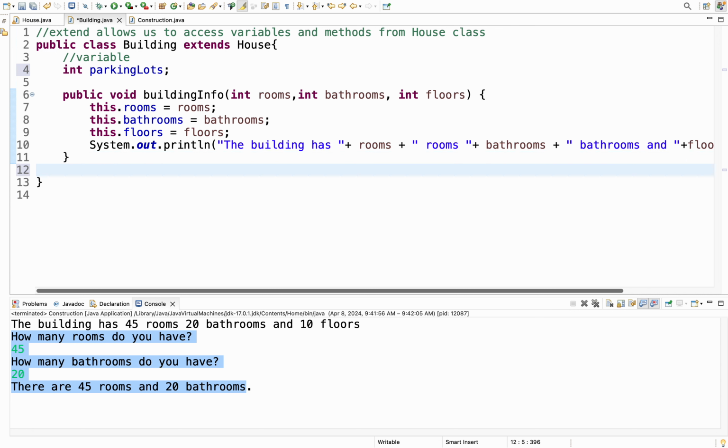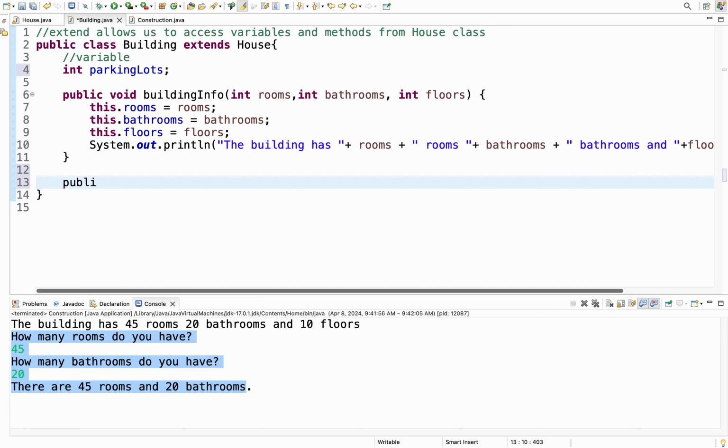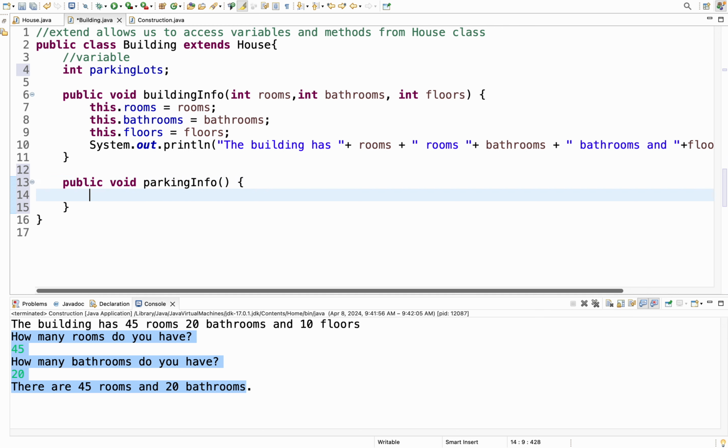We could say here, public void. I'm just going to do void because I don't want to necessarily return anything. Public void parking info. Trying to figure out how to structure this. And then we'll do